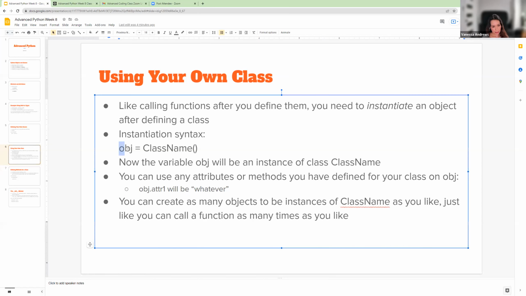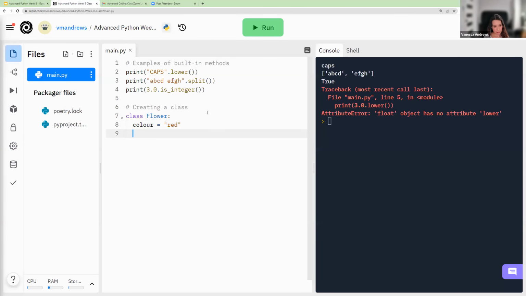So to do this, you just assign a variable to whatever you call the class, and then you use these brackets. So quite similar to calling a function, I guess. What will happen when you run the class? You'll see. So after, oh,